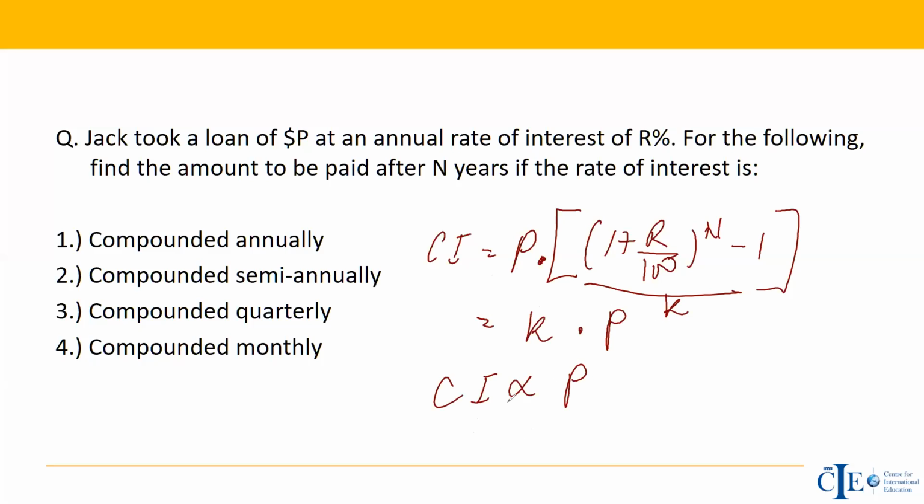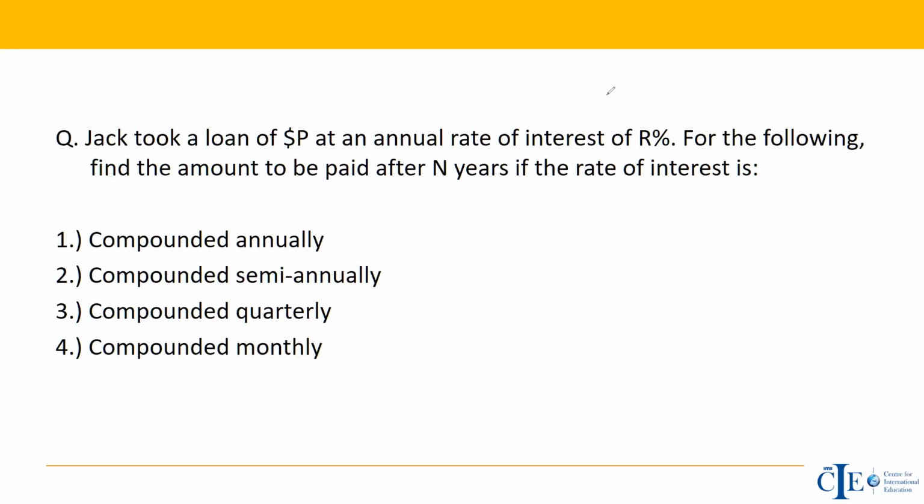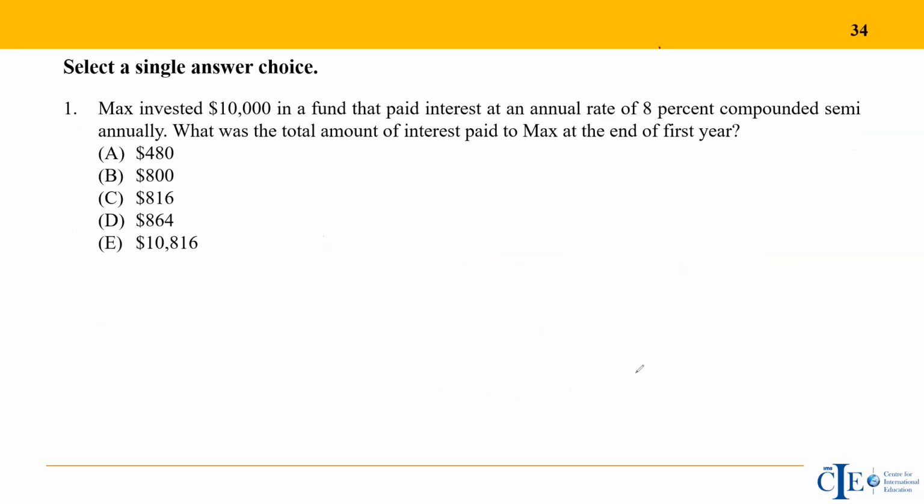So if you double the rate, the compound interest won't double. If you treble the number of cycles, it will not treble. But if you make principal 5 times the original, then the compound interest will also become 5 times. So the proportionality rule can be used for all three in simple interest, but only for principal in the case of compound interest. Okay, so these were some ways you can work it out. Now let's go to the questions and try this out. There are again a good number of shortcuts available, which we will see.